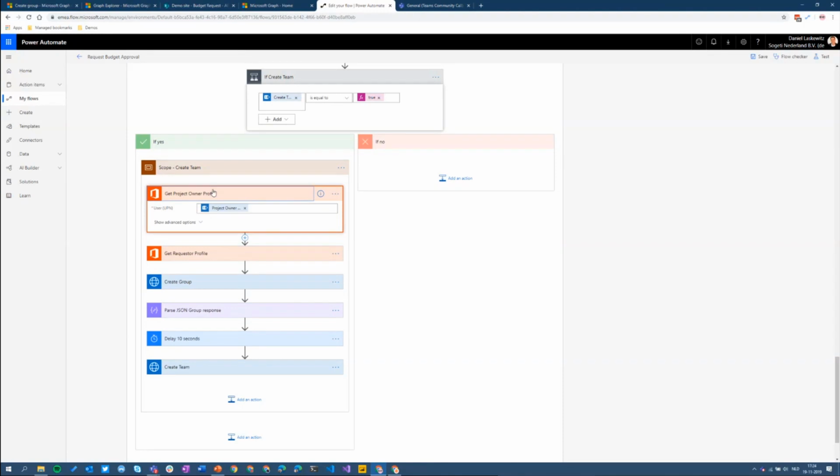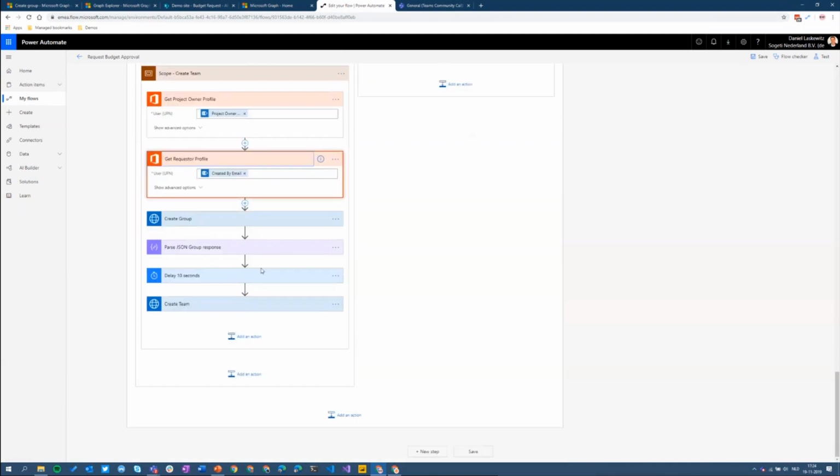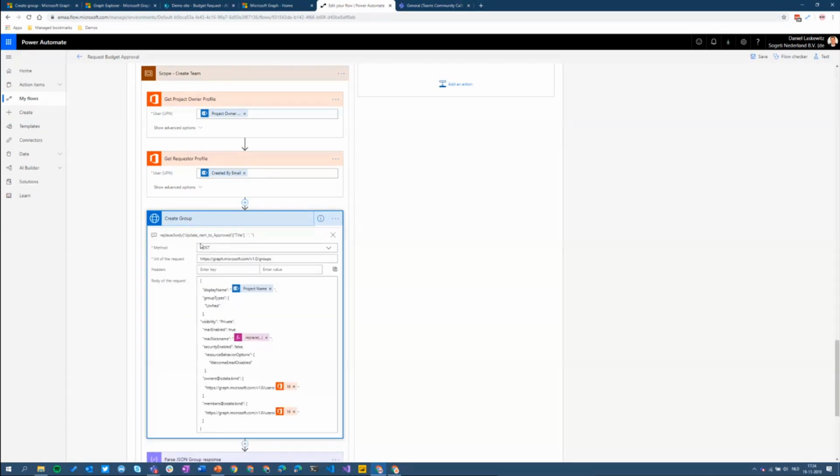I need to get the project owner profile. So I want to have the ID of that project owner, because I will use that in the create group action. The same goes for the requester. The requester will get added as a member to a team or to a group, and the owner will get added as an owner. Then I have an HTTP with Azure AD action, and I use this to use the